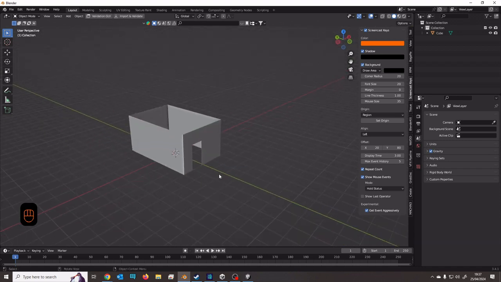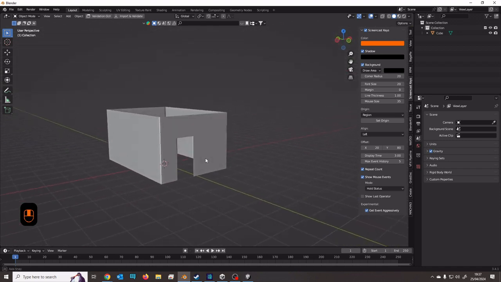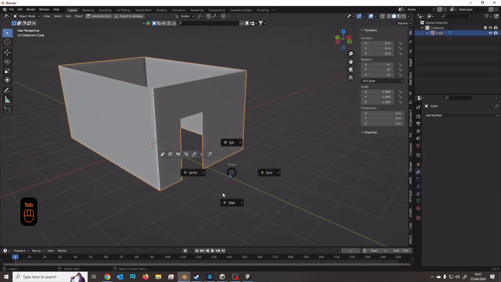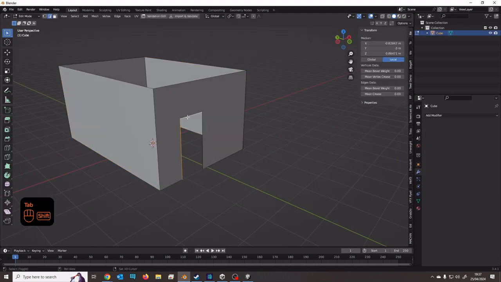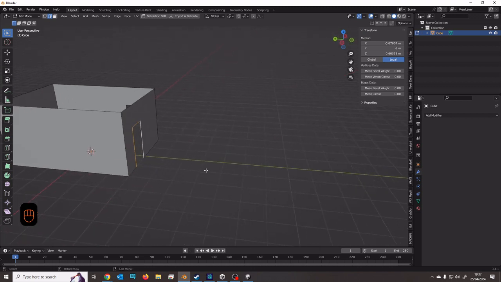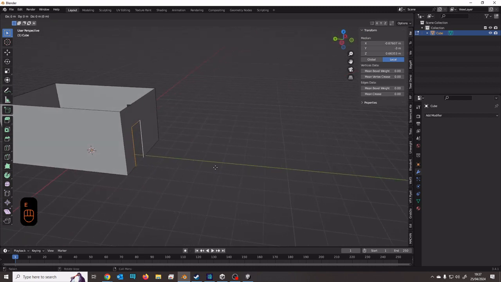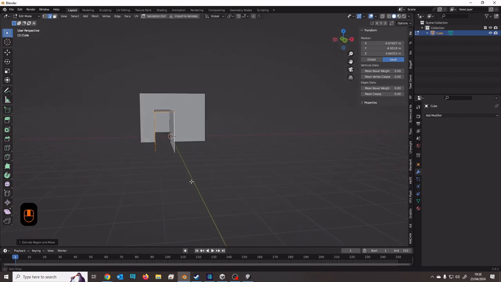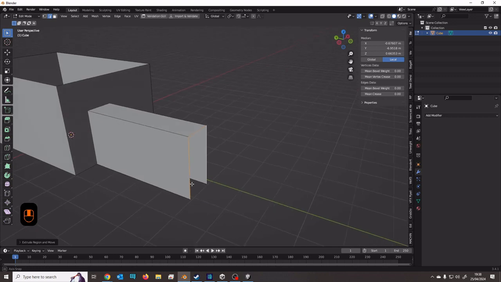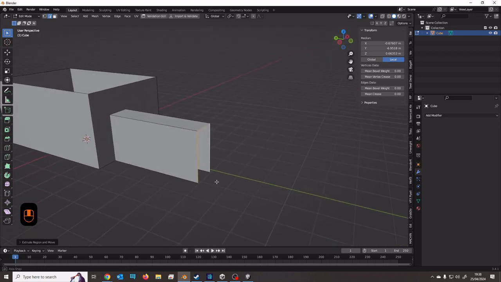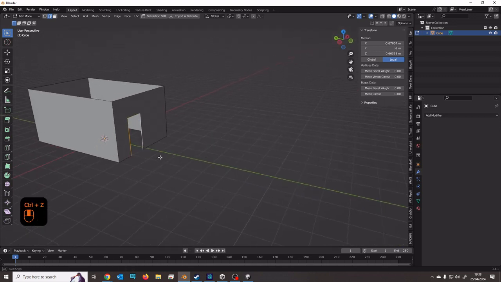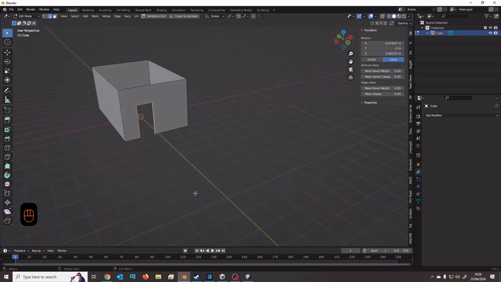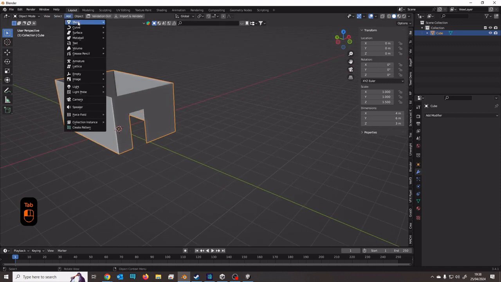But yeah, to answer your question about making a tunnel, what I would do in that case is I'd go into edge mode. Yeah, a hallway. I would just select that. Yeah, exactly. Just extrude it along the Y. And you've got a hallway. Yeah. It's kind of the same size as the door, which is a bit naff, really, isn't it? So what I would probably normally do is I'd maybe create